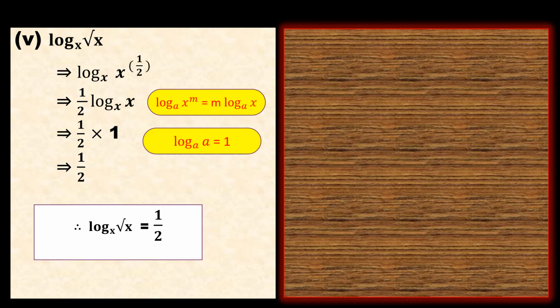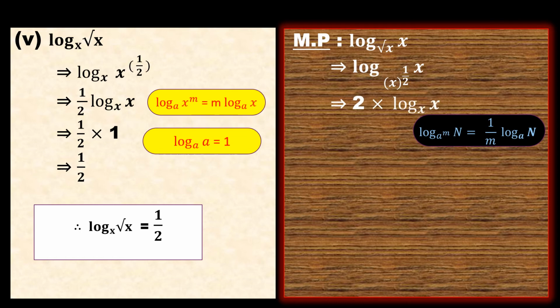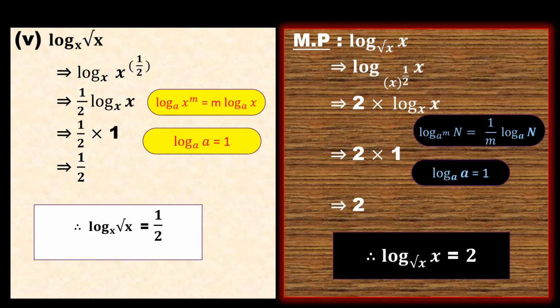Okay, so let us go to the model problem. Here I shifted, I wrote root x as the base and x as the argument. Wherever root x is there, you will have x power 1 by 2. So this 1 by 2 will become its reciprocal, 2. So 2 into log x base x. When the base and power are equal, its value is 1, as per this formula. So 2 into 1 is 2. So your answer is 2. So simple, here 1 by 2 means it will be 2. Clear? So let us go to the next problem.